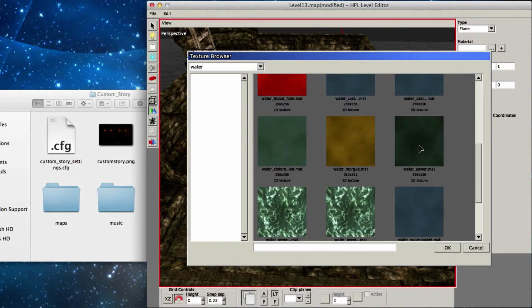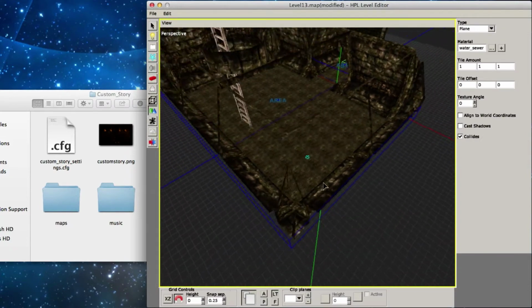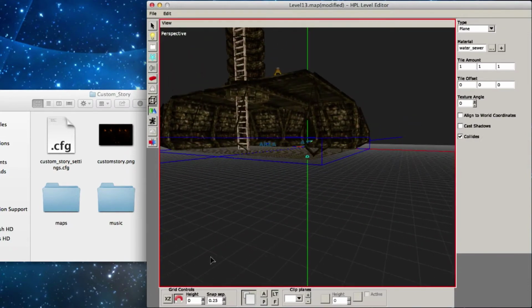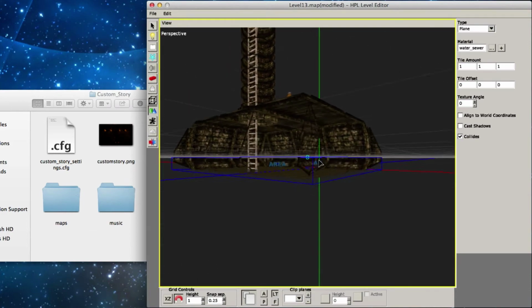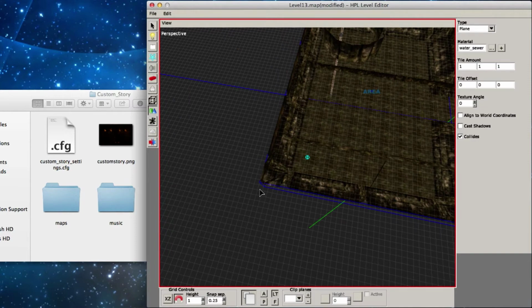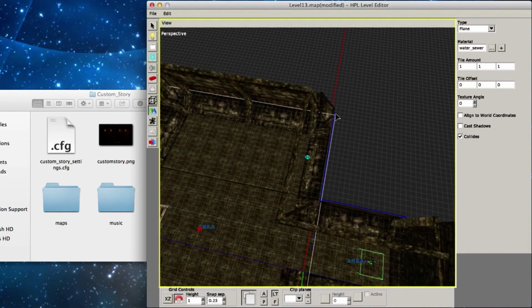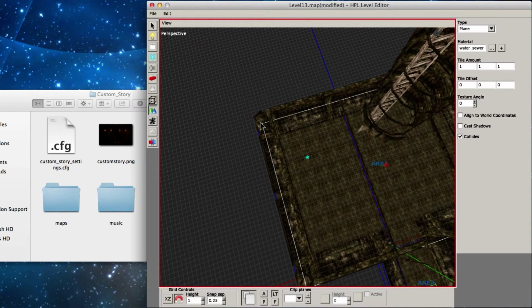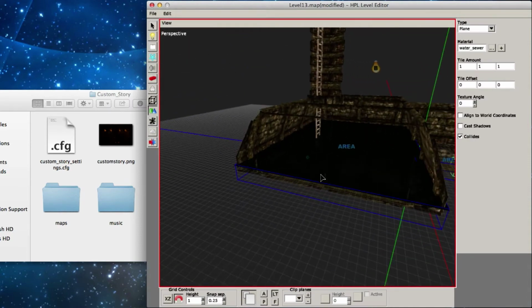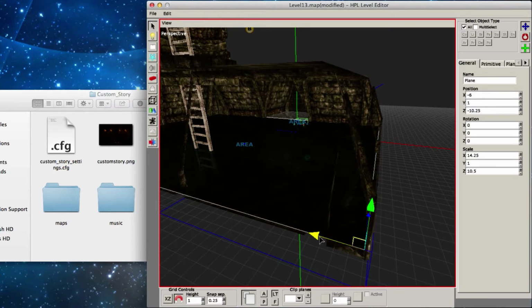Anyways, I'm gonna select a water sewer matte file. Basically, this is just another plane. I'm gonna go up in height of the grid so that I place it about the height of the area top, and then I'm just gonna drag the area over here like that. And that did not register apparently, so I'm gonna do it again. There we go.